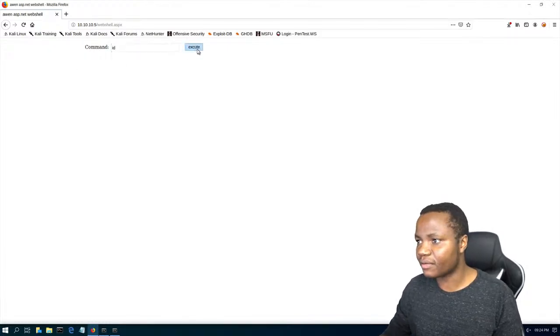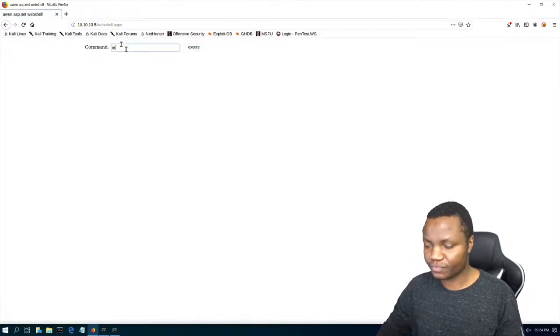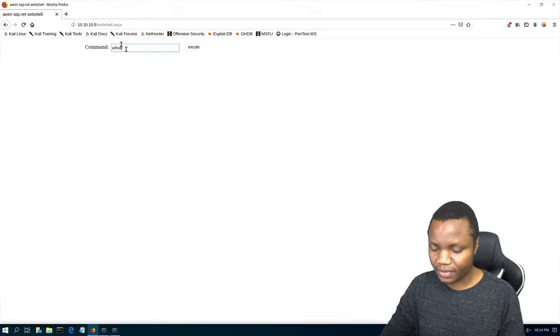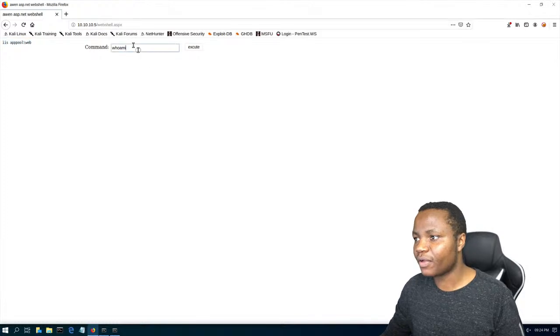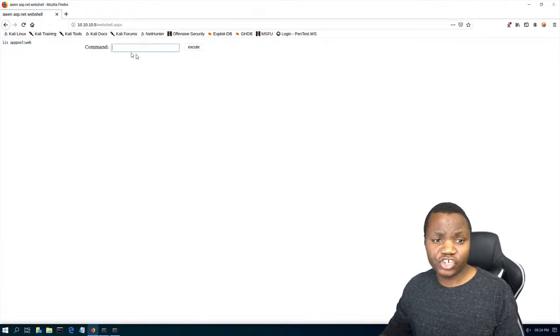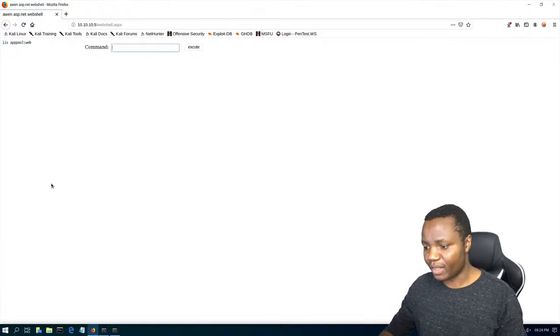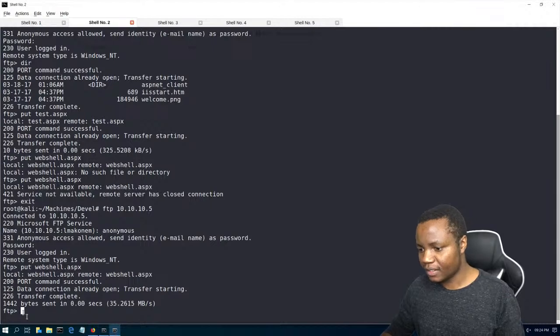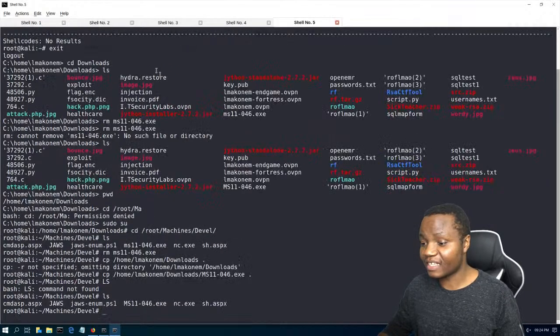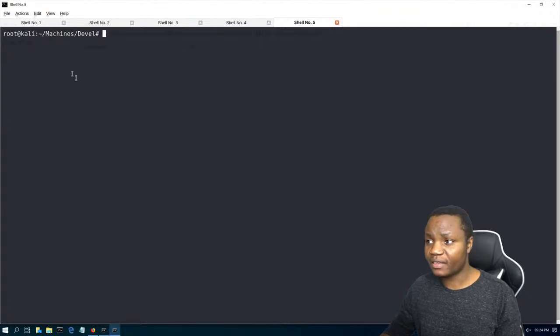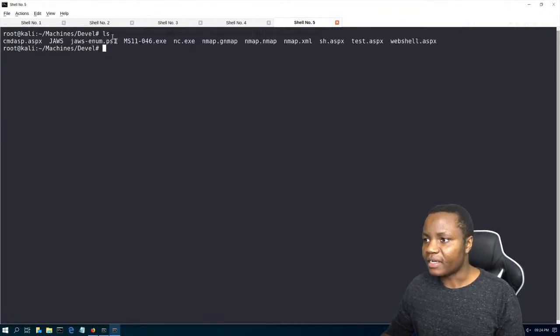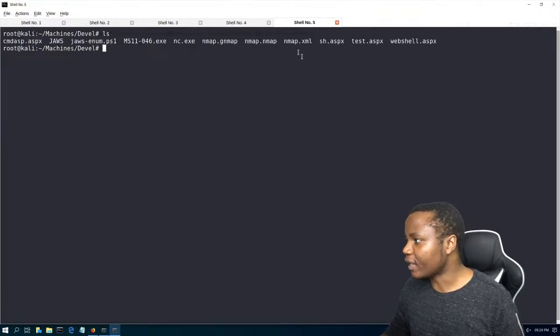Can I do ID? Oh, this is Windows, but I should be able to. I'm getting a shell as is apple/web. Okay, I don't like this shell. This shell does not work for me. So here's what I like. I like something that is very simple, similar to Pentest Monkey. And in this case, I have one called